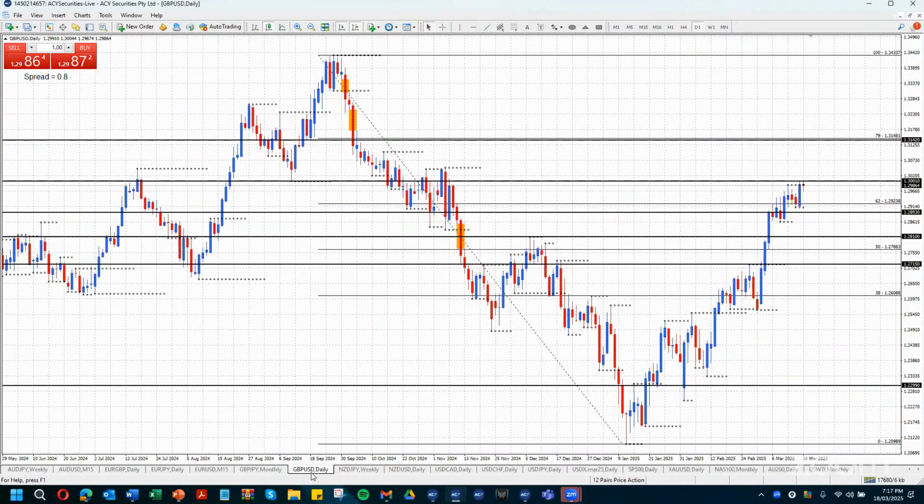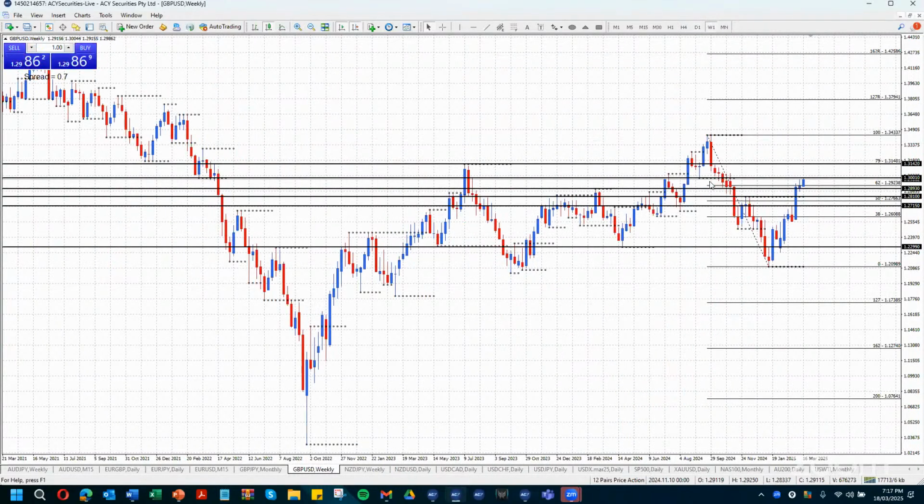All right, pound dollar. I'm looking for the pound to come up to these imbalances up here. So somewhere up the 133.30 level up here to fill the final one. Now at the moment, go to my weekly chart, we are just coming into a weekly area of resistance here. All right. As I've been saying, dollar index is very strong to the downside. Day chart's very strong to the upside here at the moment on the pound, even though this is the weekly.